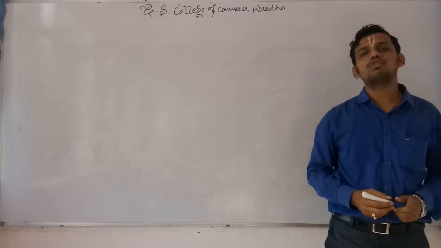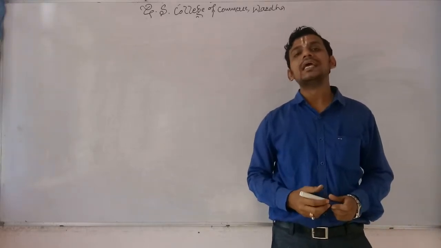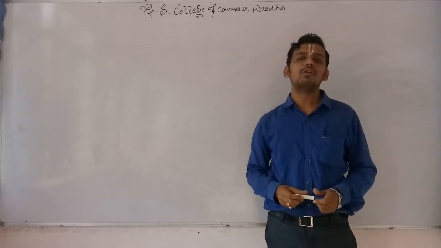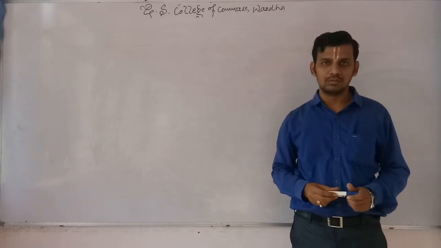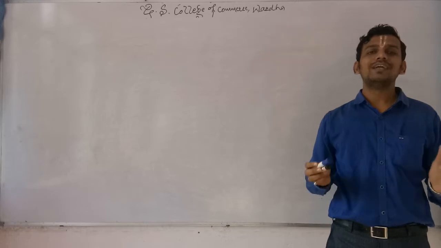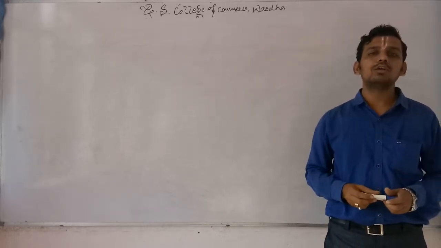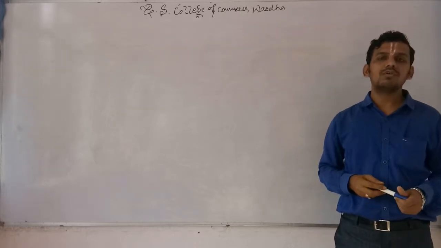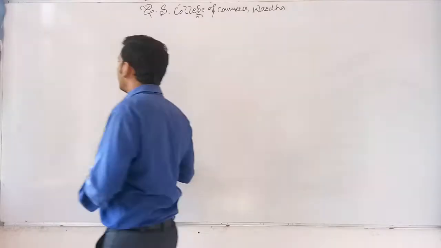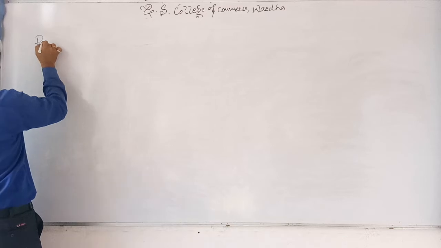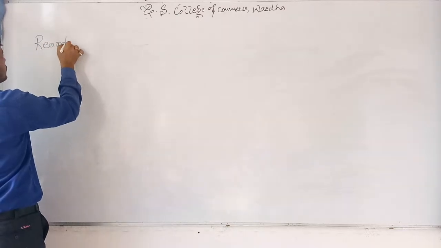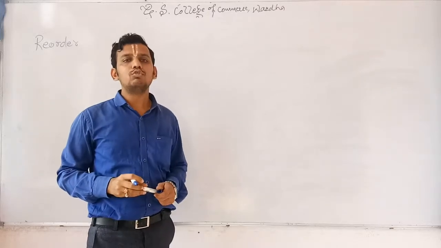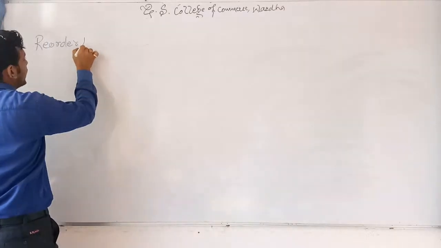In today's lecture of business finance, we will start with reorder quantity, maximum level of stock and minimum level of stock. Usually, this kind of technique is used to determine the level of inventory within the organization. That is what we will go deep into in this video: calculation of level of inventory using various formulas. The very first formula would be of reorder level, which can also be denoted as ROL.